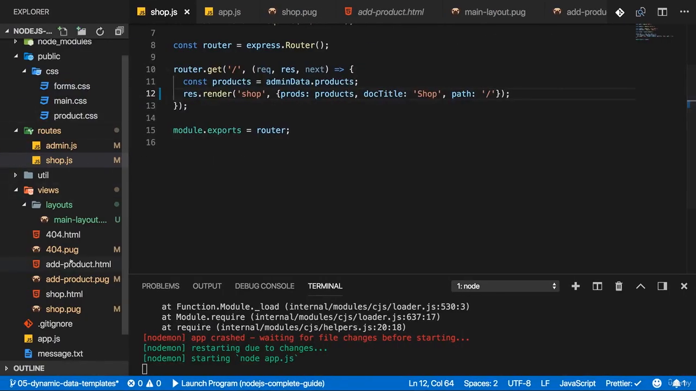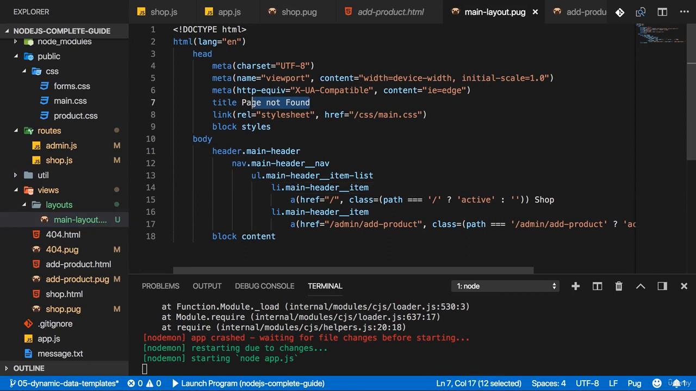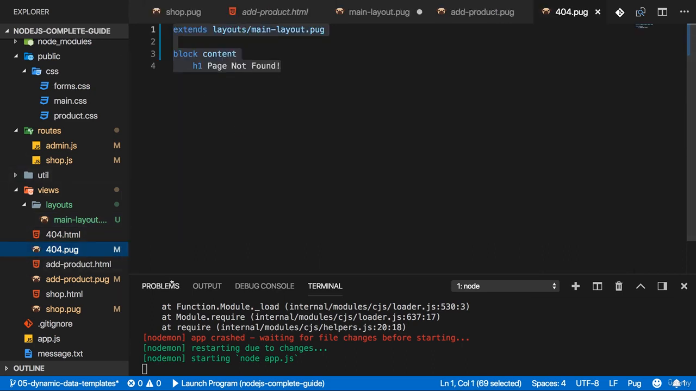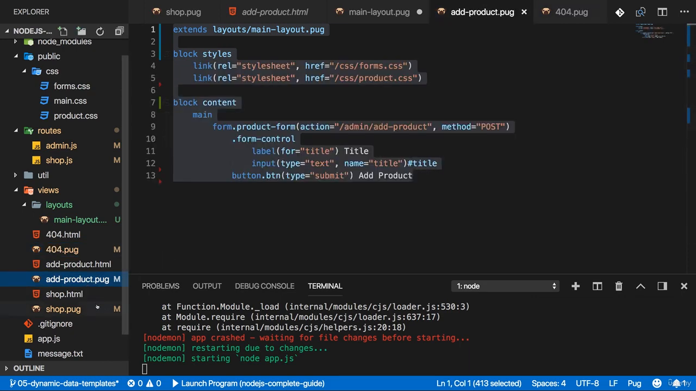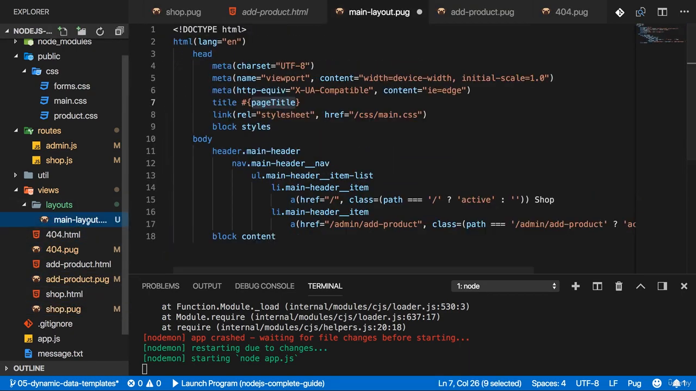Now there's one thing I saw that I forgot, and that is the title for the page. It's always page not found, and that should of course not be the case. Now you could turn this title into a block, which you then set from inside the templates, or you do add a dynamic output here with hashtag curly braces and give this a name page title maybe. And now you just need to make sure that every render function passes in a page title. So for the 404 page, for the add product page, and the shop page, we have to pass in that